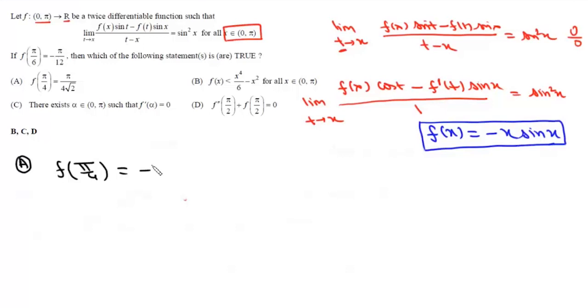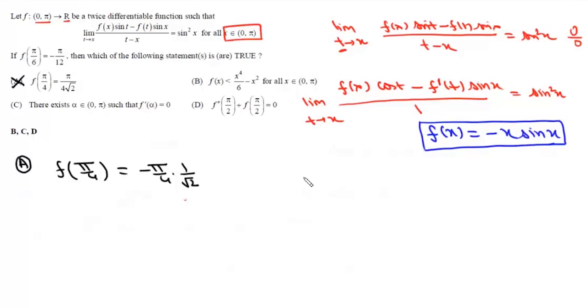Now f(pi/4) is minus pi/4 and sin(pi/4) is 1 by root 2. So it will be minus pi upon 4 root 2. Option A is incorrect. Now B is f(x) is less than or equal to x to the power 4 upon 6